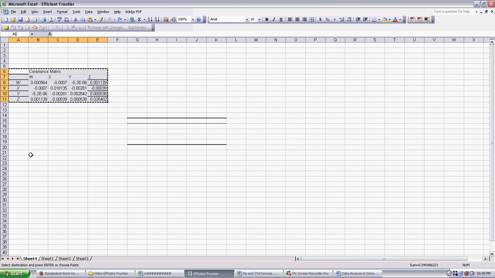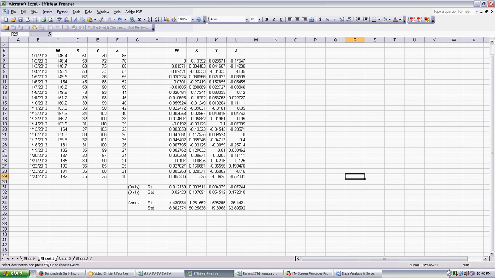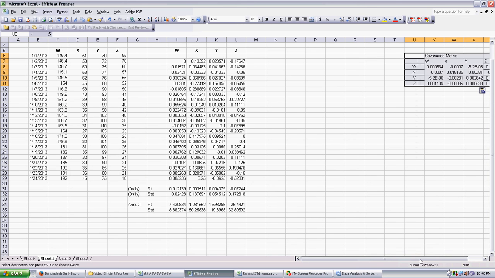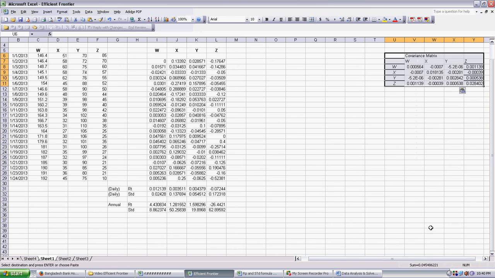So this is the covariance matrix data that we have constructed earlier. So just copy it here and paste it here. We will need this data later. Okay. And we also need to reconstruct our return data, standard deviation data, and here